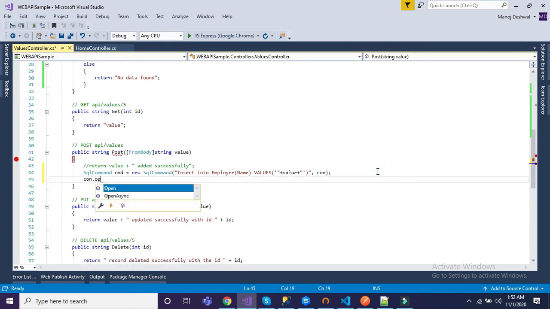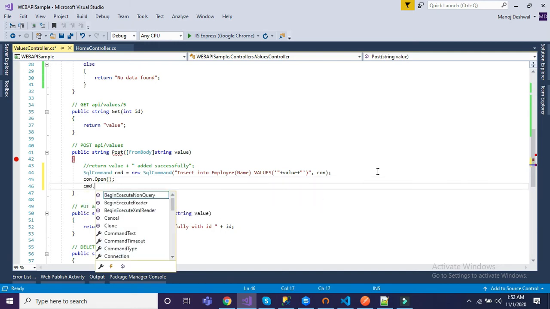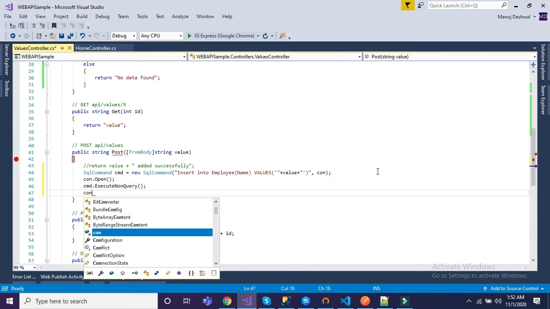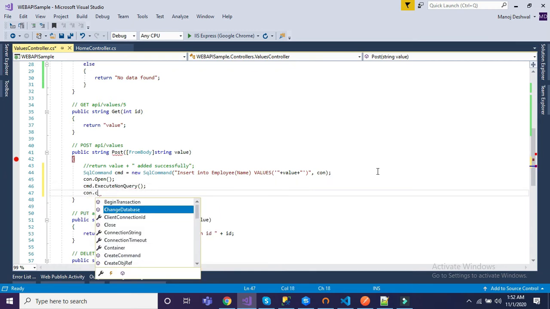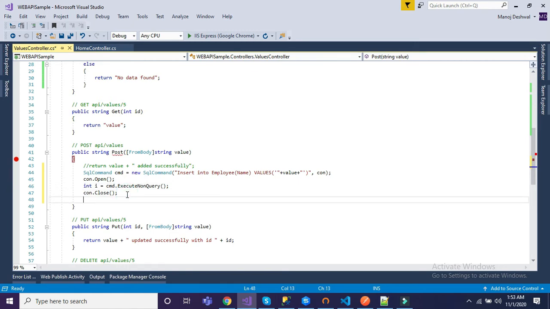Now to use command we have to open the connection and now cmd dot execute non-query. After that we have to close the connection. Now I'm just getting the value of cmd.ExecuteNonQuery into this integer variable just to check whether we have inserted our record in the table or not.